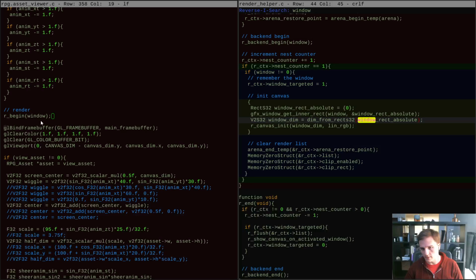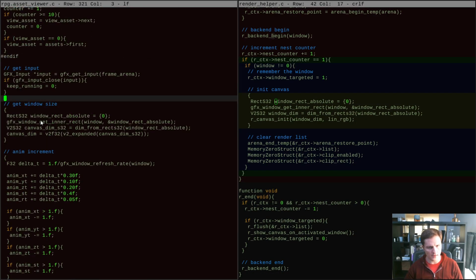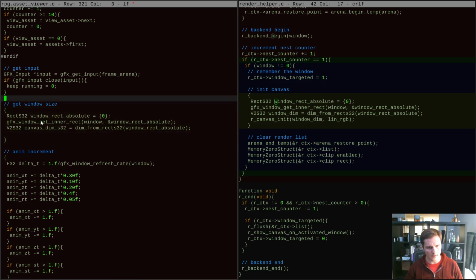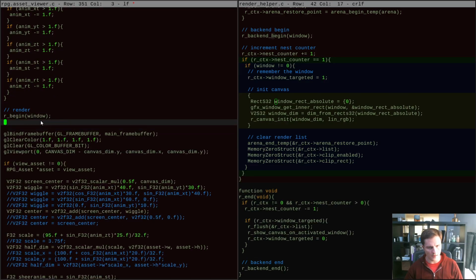And it determines the window dim itself too, so that we don't actually need to do this, because we're going to be able to do